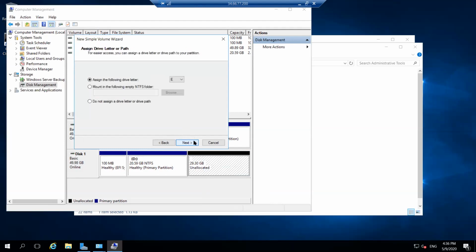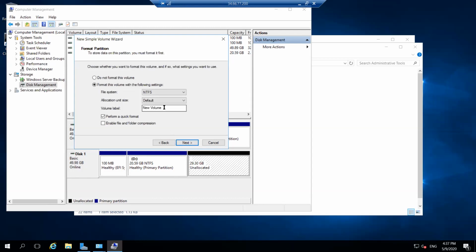Assign the following drive letter E. Just for confirmation, we will check whether it is 20,000 or 30,000 that we have to put there. Volume default. Next.